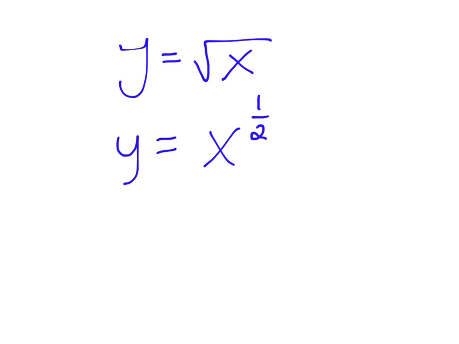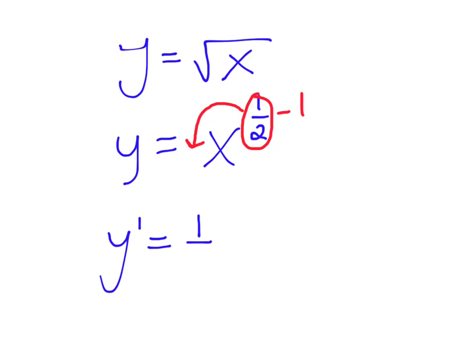For your power rule, you take your exponent and plop it down in front and multiply whatever coefficient you have there. In this case our coefficient is 1, so it's 1 times 1/2. And then we subtract 1 off of the exponent. So what we end up with is y prime, the derivative, is equal to 1/2 x, and then 1/2 subtract 1 is negative